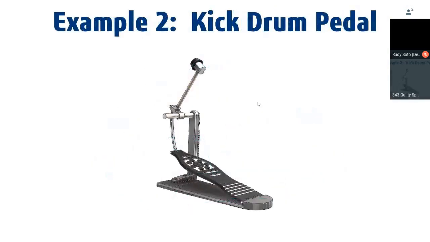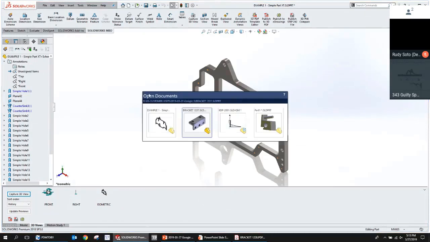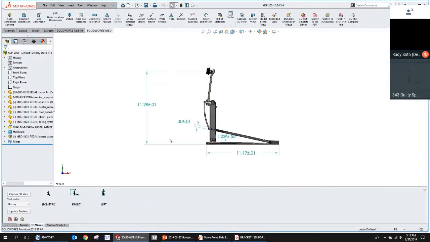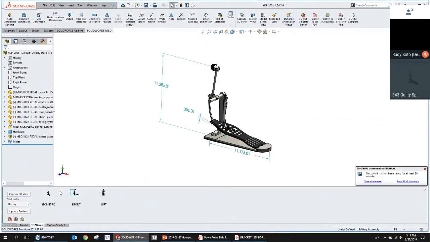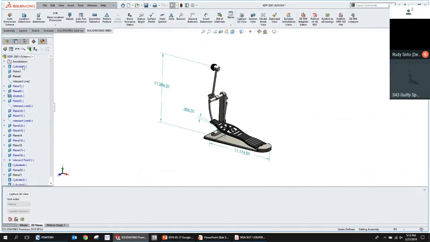So let's take a look at another example here, this time in assembly. So you saw I already had this one open. Now, I'm not going to do this one completely from scratch, but what we will do is we will incorporate a section view into this one. So you can see that I've got these 3D views down here. Let me delete these 3D views. That's part of MBD. You can see over here that I've got my DimExpert tab. I've got this thing dimensioned, and in the DimExpert tab, there's these different annotation views.